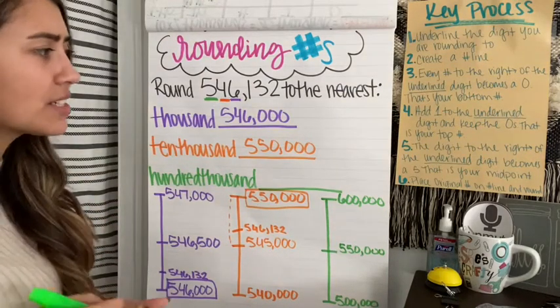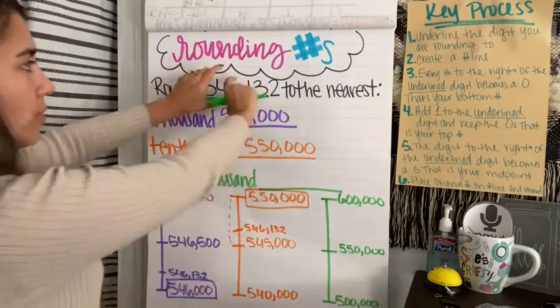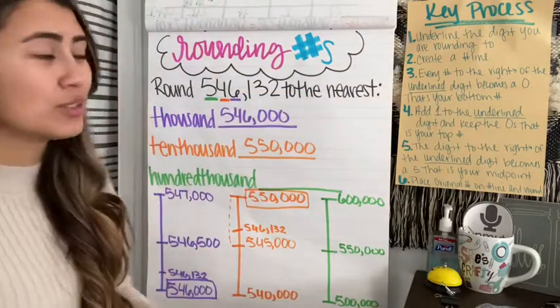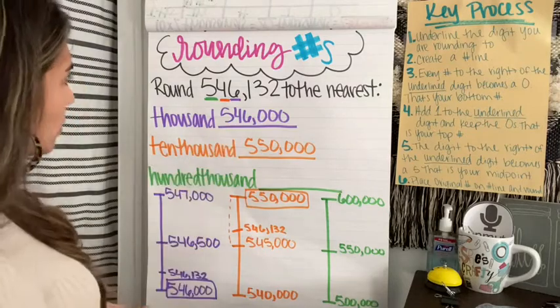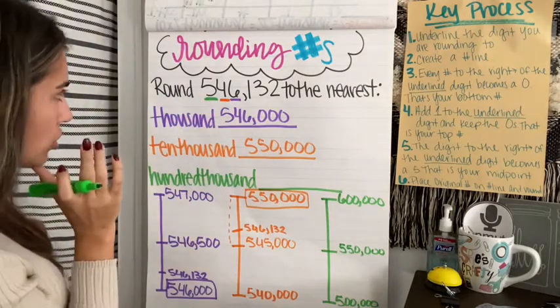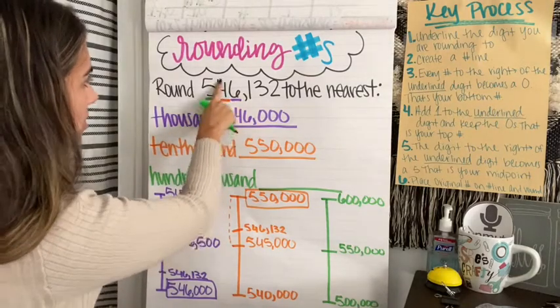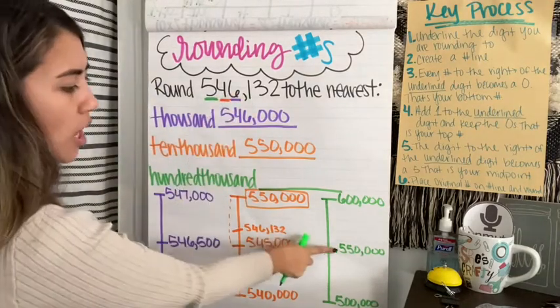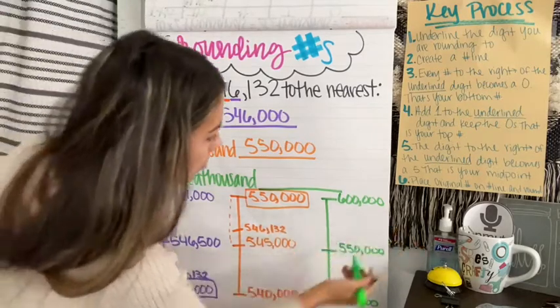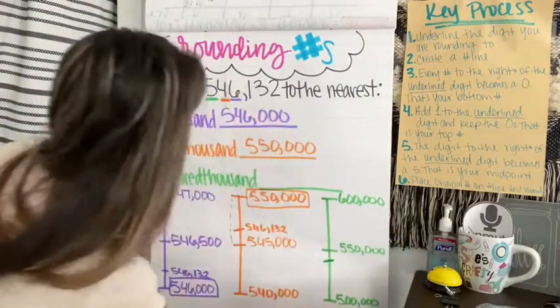Finally, step 6. Place the original number, so my original black number, on the number line and round. So think, where is this number going to go? 546,132. Well, it's not quite. It's still 46. So it's not quite to 550,000 just yet. So it's probably going to be somewhere down here. So I'll label it